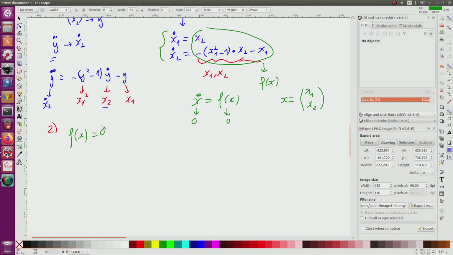So for this, I will have x2 equals 0 due to this. And now, since x2 equals 0, I will have minus x1 due to this equals 0. So it means that the only equilibrium point is x bar equal 0, 0. So if I want to linearize, I will have to linearize near an equilibrium point, just to study the stability. So I will linearize. So what happened is that around 0,